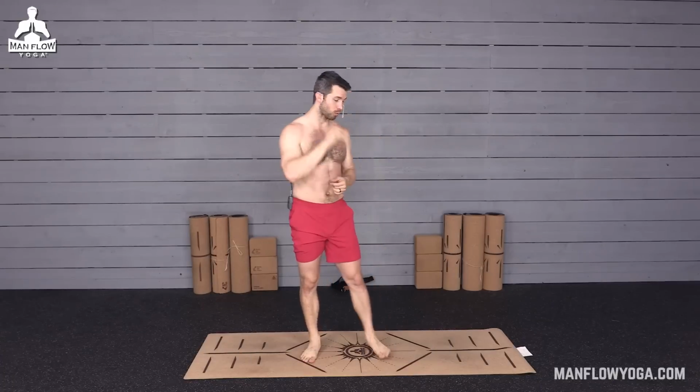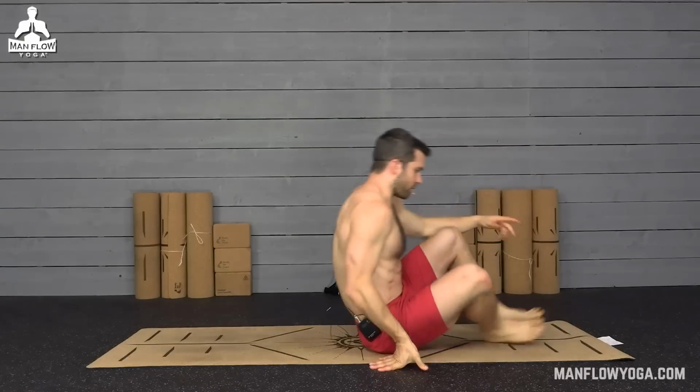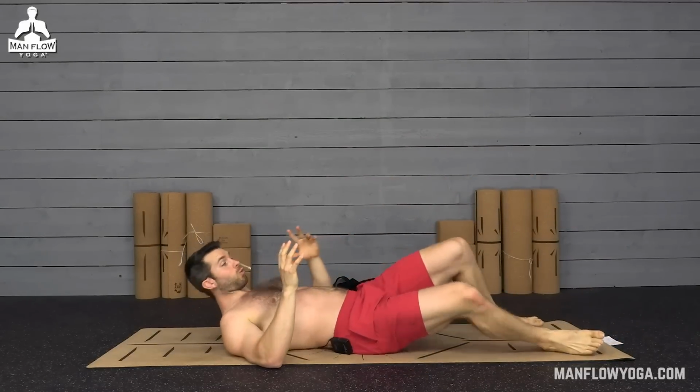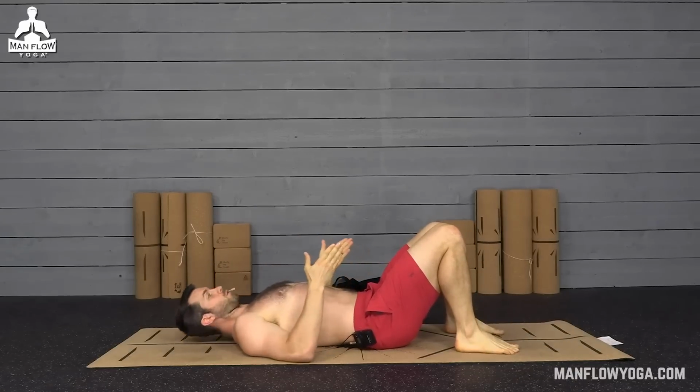So just do your best, make it to the end, press pause as needed. We're gonna get started on the ground on your butt. First pose is a bridge pose, and this is probably the most important exercise you can do to make sure that your glutes are working. So we're going to bring your feet in toward your butt, make sure that your toes are facing straight forward,